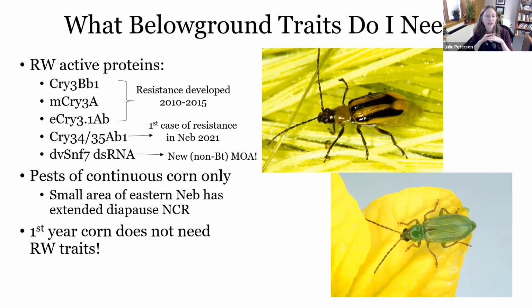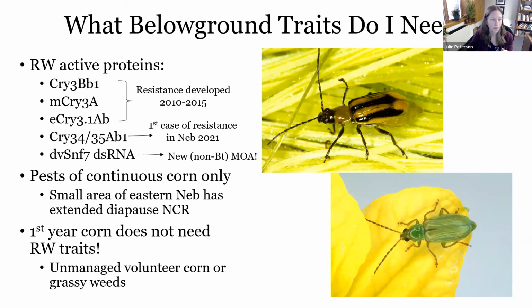Otherwise, first year corn really does not need rootworm traits in it. And for TAPS, you are all going to have corn that's being planted as first year corn. It's following soybean. So there's really no need to spend any money on getting a corn rootworm trait package in your hybrids for this TAPS season. The only exception would be if you have very unmanaged volunteer corn or a whole lot of grassy weeds in your soybean before you plant corn the next year. But I know folks here have been doing a good job of managing this here at our farm,